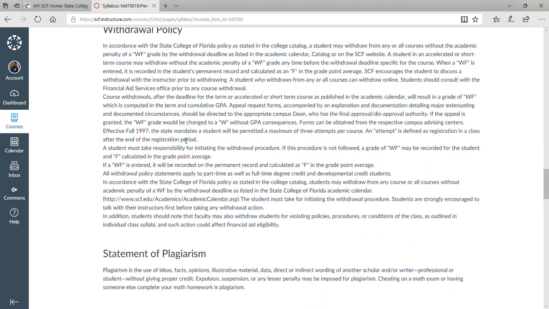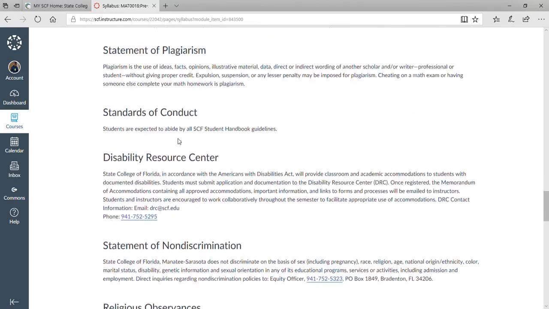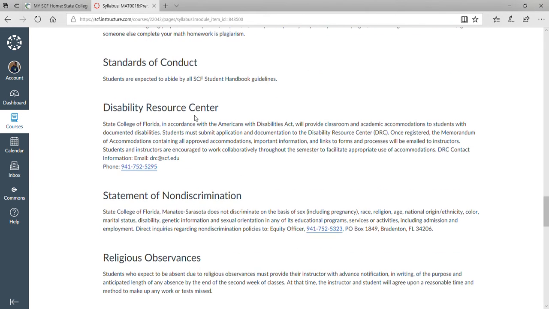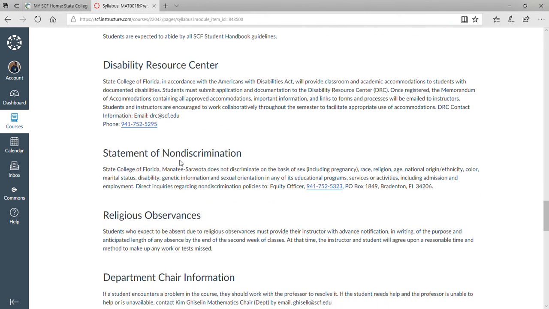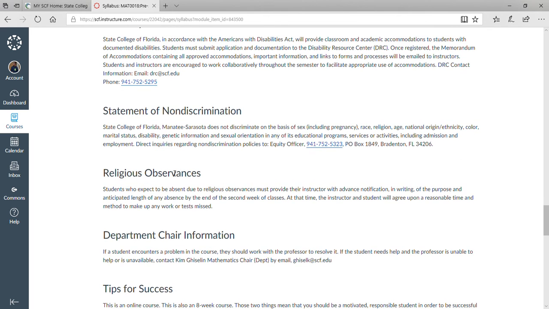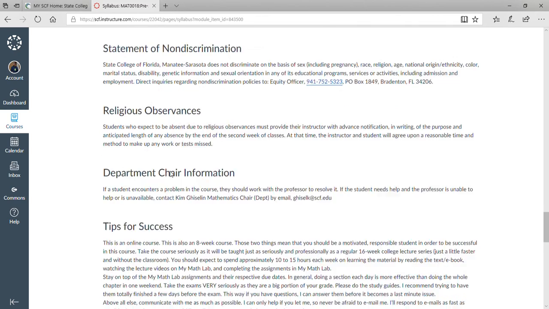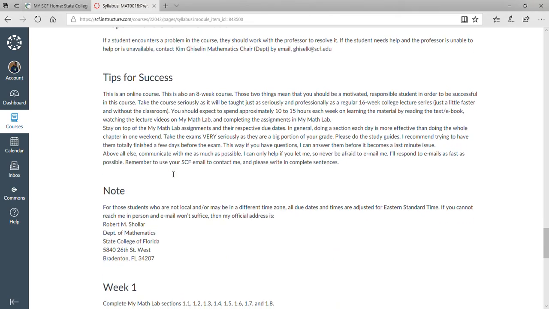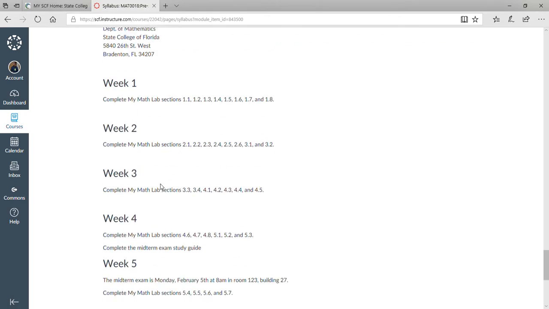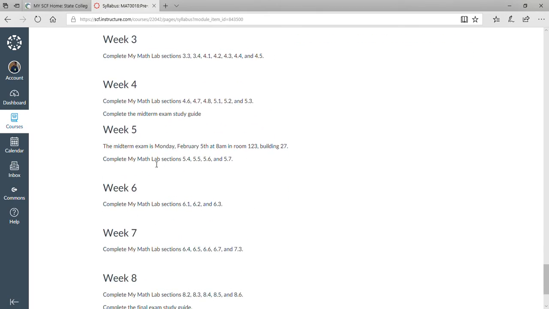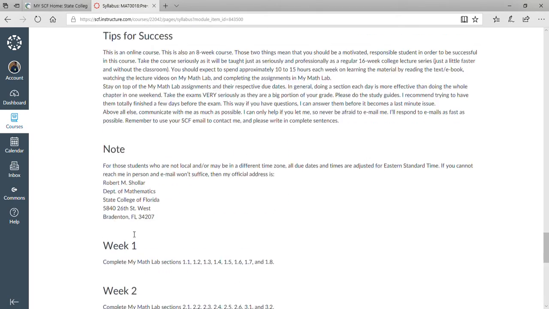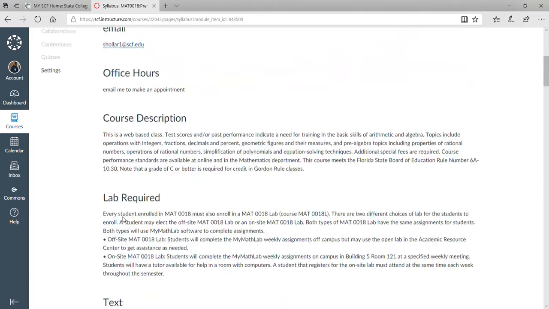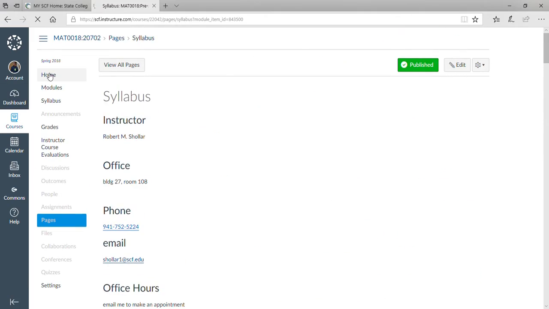Electronics policy, withdrawal policy, this is all just standard stuff. Please read through it. Make sure there's nothing funky in there. Contact the Disability Resource Center if you need to go through them for anything. Other than that, there are some tips for success, and then at the end, there's a weekly breakdown. But this weekly breakdown can also be found basically on the home page. So if we go back to the home page,